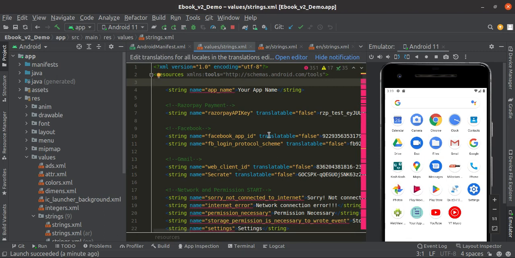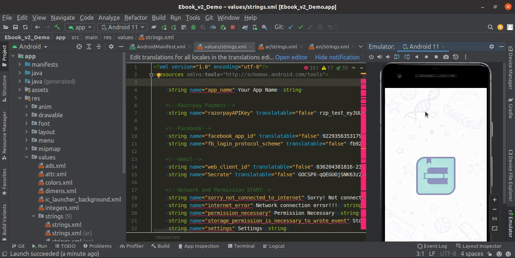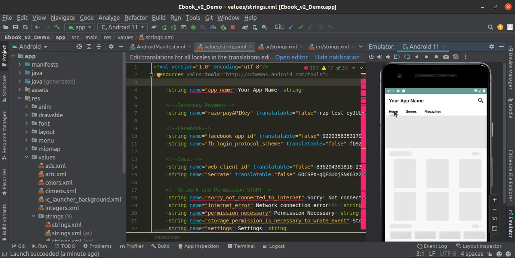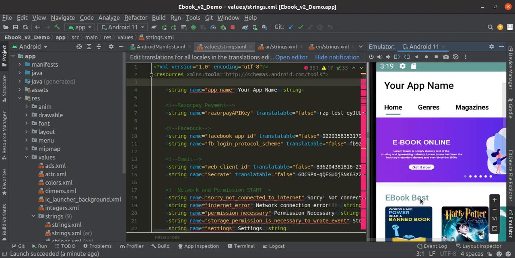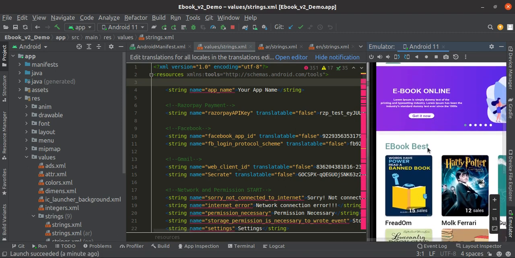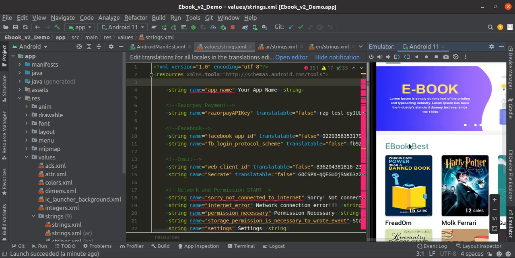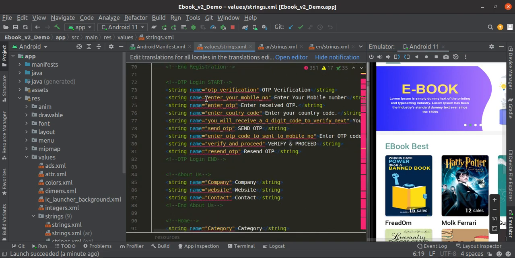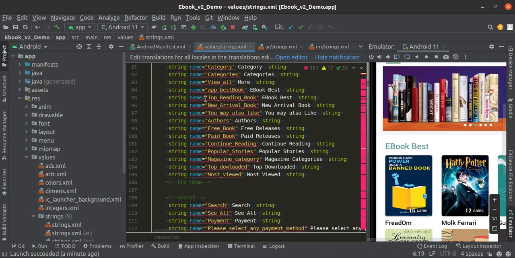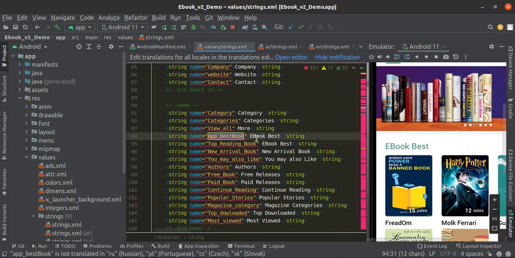Now let me tell you one thing. Here you can see this ebook based. This ebook you can also replace. So in the string file, just scroll it down. Here this app based book, ebook based.